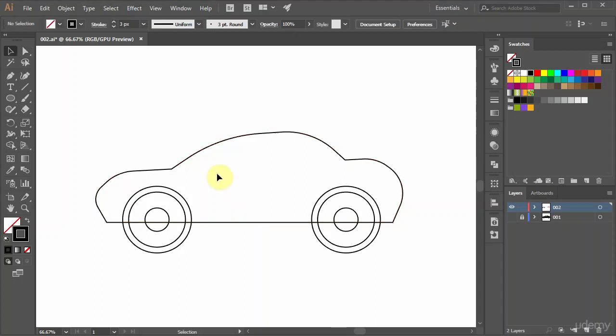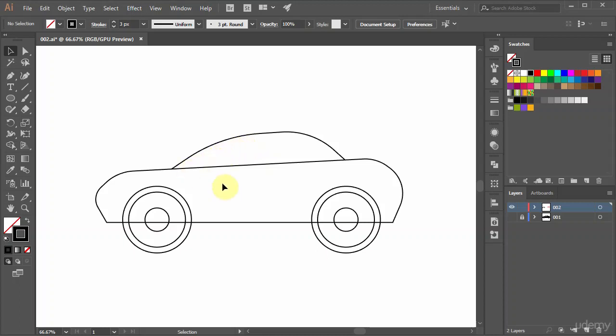Now let's focus on the window's frame. To create a frame, create a line first from this point to this point. Now you can add your own custom shape on this line, but I will leave it just a straight line like this for now. Next, we need to create a curve that follows this line.